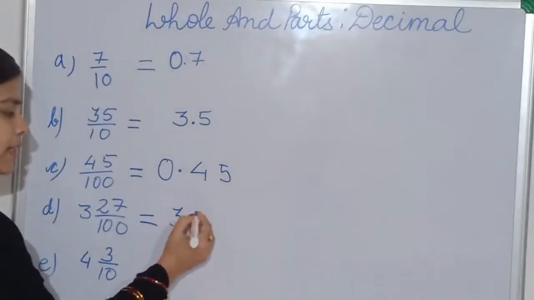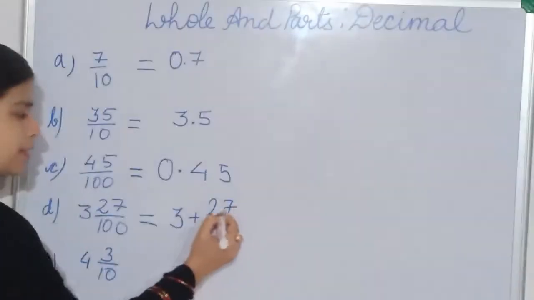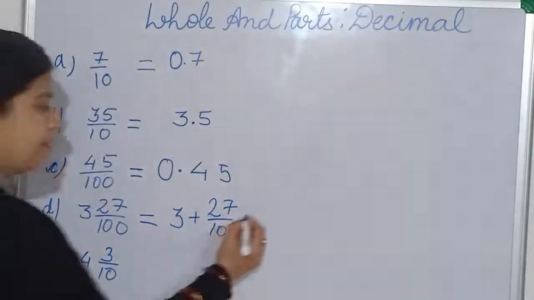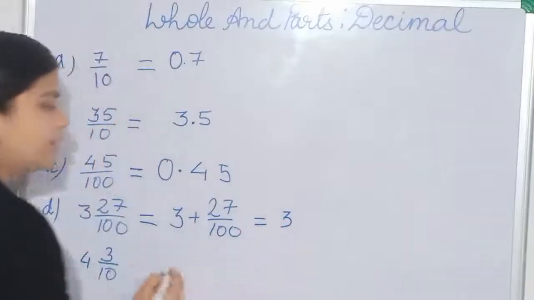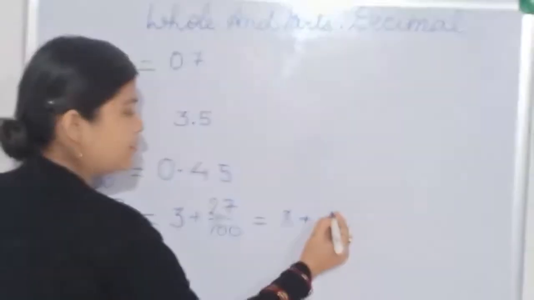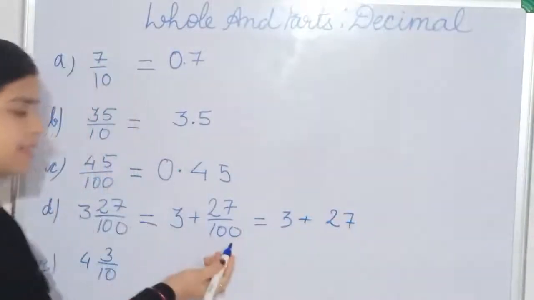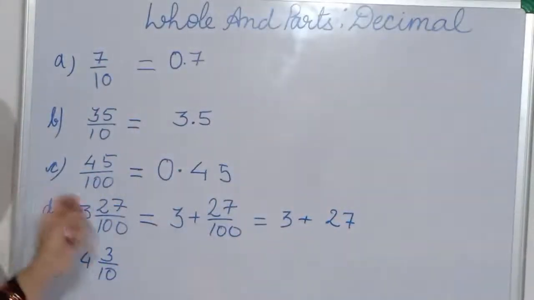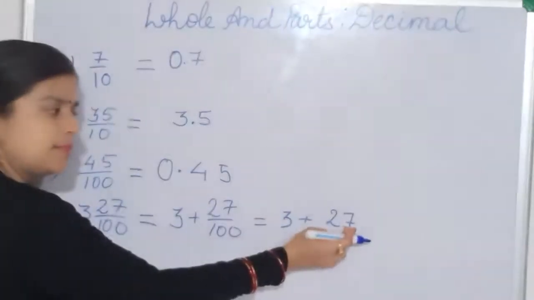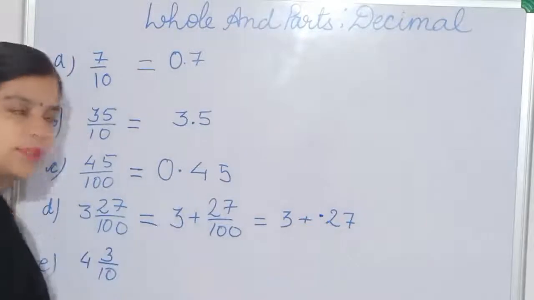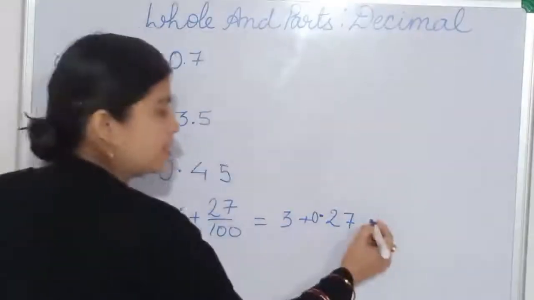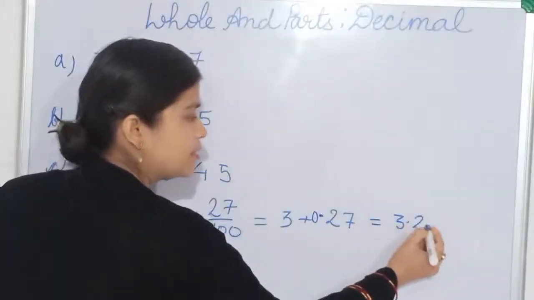Now here, this is the mixed fraction. This is the whole part and this is the fraction part. Whole part, nothing we will do. We will write it here only; we have to convert the fraction part into decimal. Same things we will do. We will write the numerator. We will put the decimal after the number of places equal to how many zeros are in the denominator. There are 2 zeros, so after 2 places I will put the decimal, 1 and 2. Here I will put the decimal point, and 0 I will show here. So it will be 3.27.